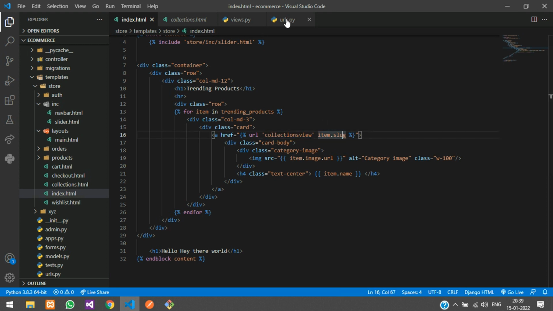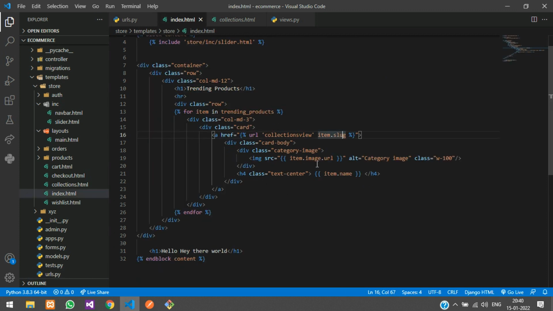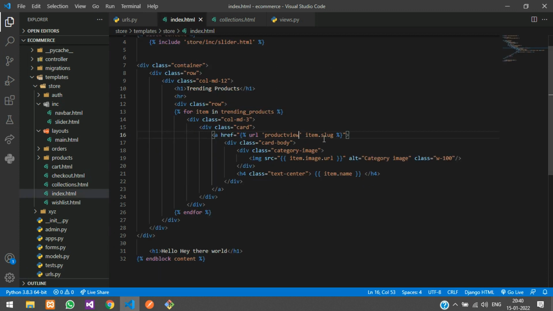We'll go to the URLs file, and let me move it over here. Here you can see we have collections view, and this is the category view. We will be viewing the product, right? So when you click the product, you should be able to view the product view. We'll change this to product view, and for the product view we need to pass two parameters, that is the category slug and the product slug. We'll put it over here, item.category.slug,